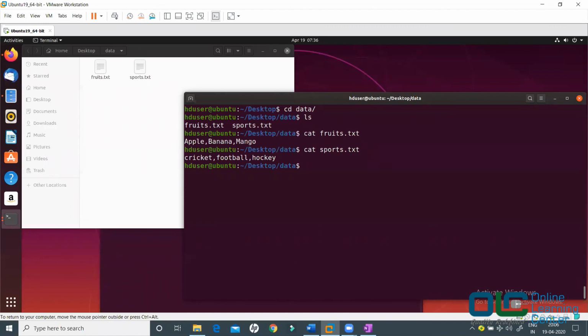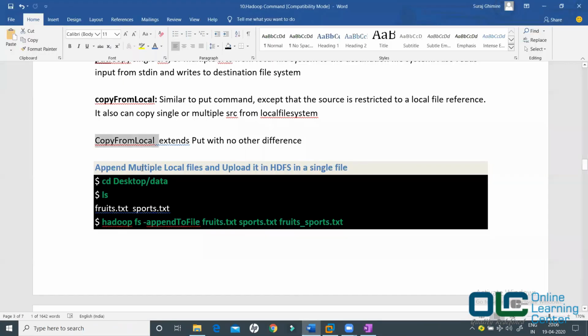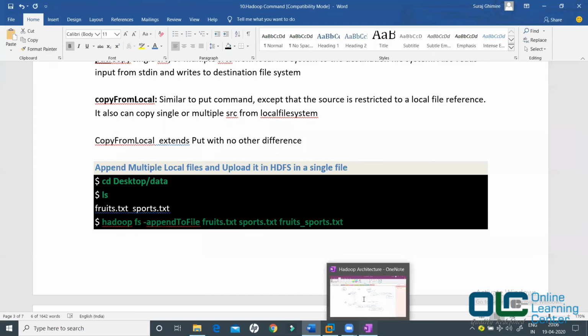Now what I want to do is merge these two files. I want to append these two files, and I want to store the output of all these files into fruits_sports.txt. So let me execute this command.